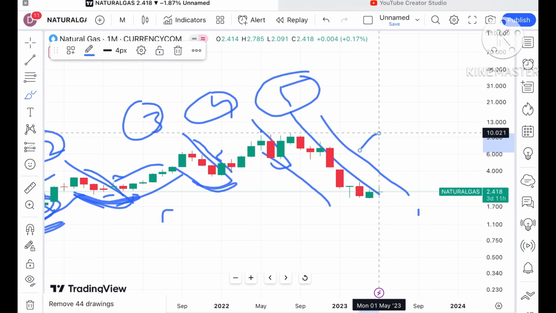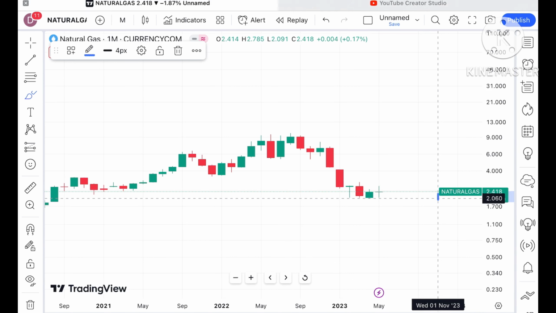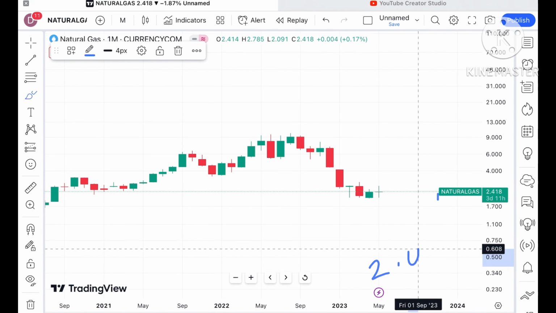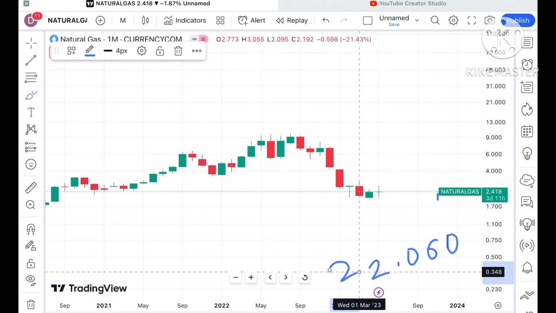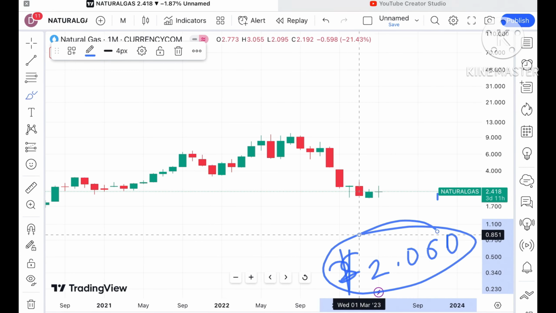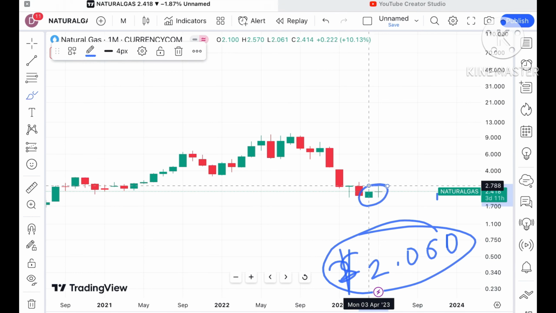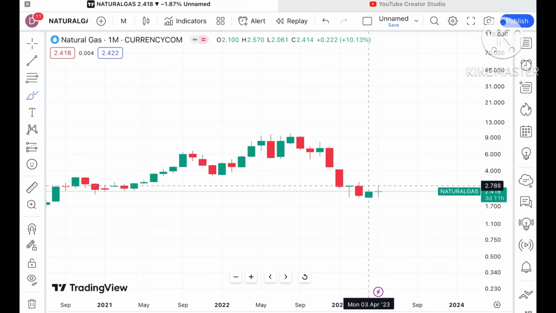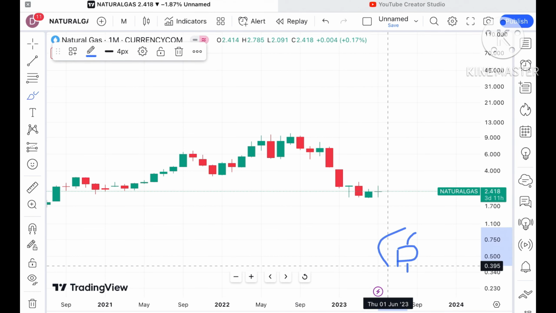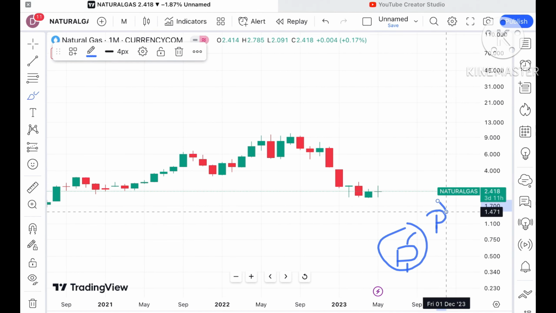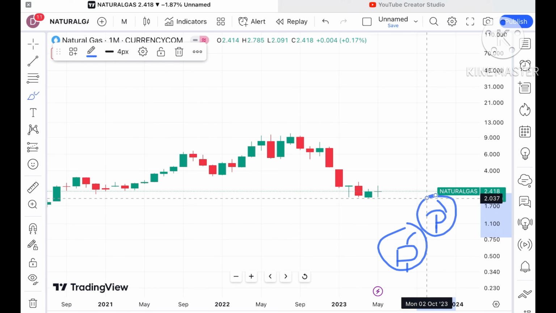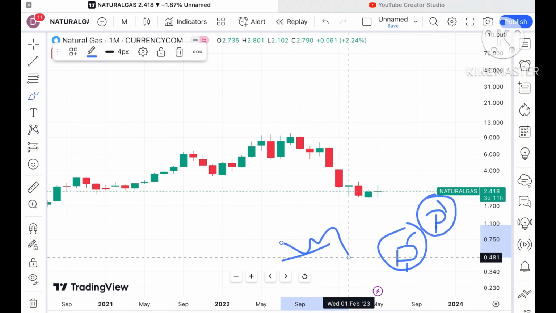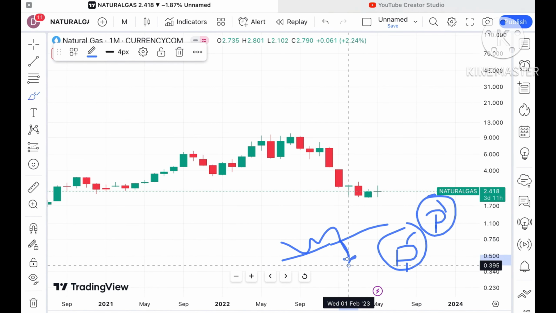Now it is trading at $2.418 after making a low from $2.60. Chances are high because for 2 months it has been trying to go upside, but it is in this zone. A doji candle is forming for this particular month. So the next probability is, if it forms a green candle, the chance of going further upside will be there. But if it doesn't form a green candle, or if it breaks this particular support, which is already a weak support, we can see it go further low.